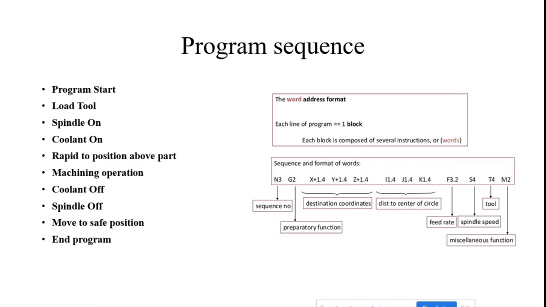Okay. After that, which tool is used to operate the machine? With the capital T code I can give it. So T4 means the program or control system automatically chooses the fourth tool for the further operation. Finally, I can give the miscellaneous code, here M30 or otherwise M03. Likewise, I can give the miscellaneous function. From this, the spindle may be turned off, or the coolant may be turned off, or otherwise the program is stopped. Likewise, every sequence has functions for writing the program, which is known as the program sequence.